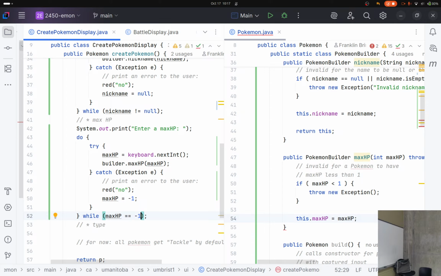What I've got here is now a scanner which, if given something that is not an integer, when I call nextInt, will raise an exception. My builder, if given something that doesn't satisfy the constraints of what I've defined,